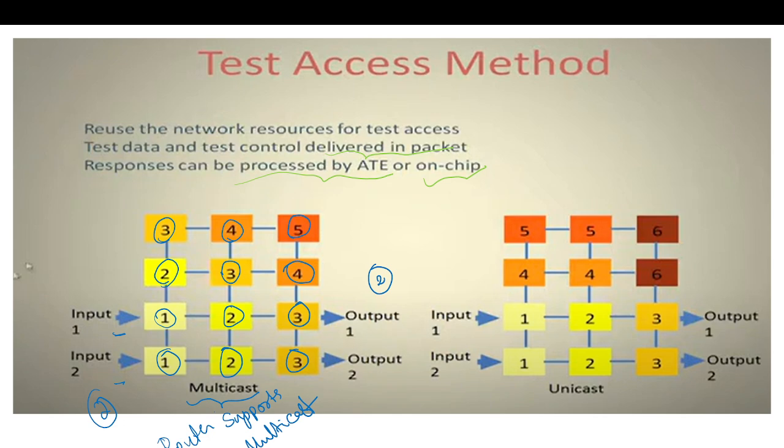If the routers are basic, they support only unicast. So only two cores can be tested at a time,